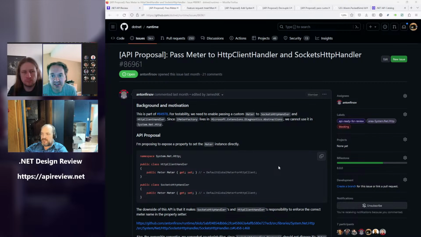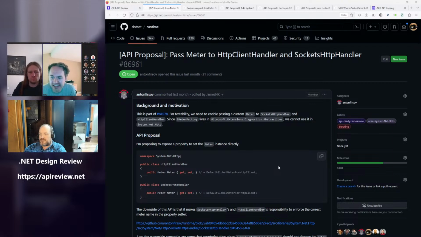Yes, so the docs have not been updated based on the changes we've done in .NET 8. The guidance we are going to update the docs to will probably say you basically have two options. You can create a global meter if your library is generally not aware of DI, and use it.